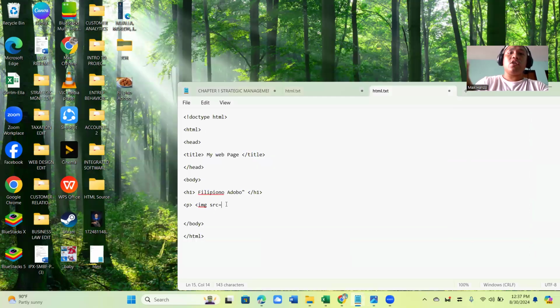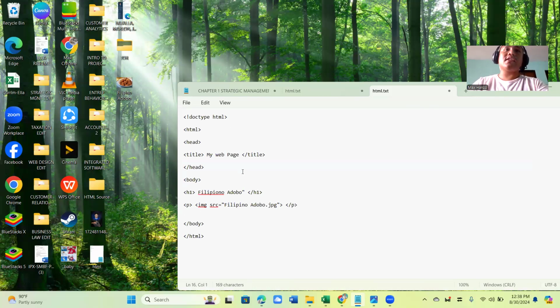So that's what we're going to use. Make sure to close it with a closing tag, and also include the open and close quotes and then the close bracket, then make sure to close with a p tag.